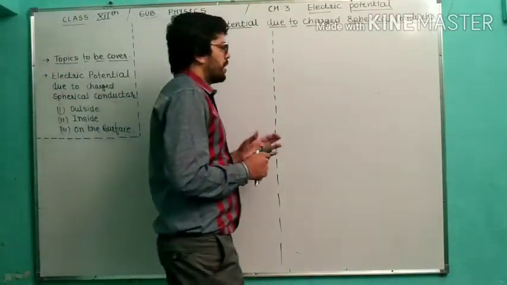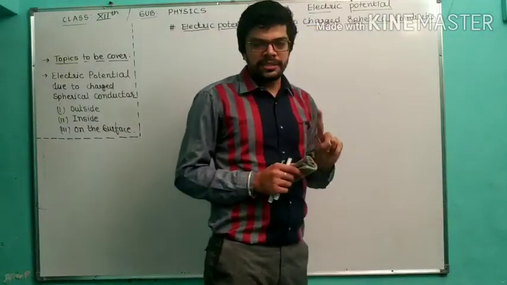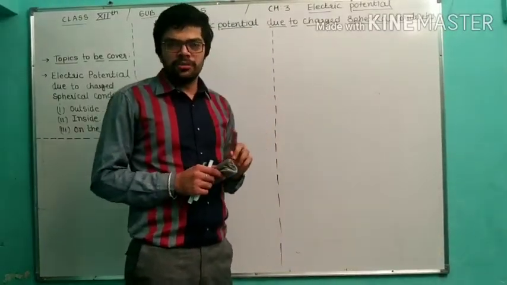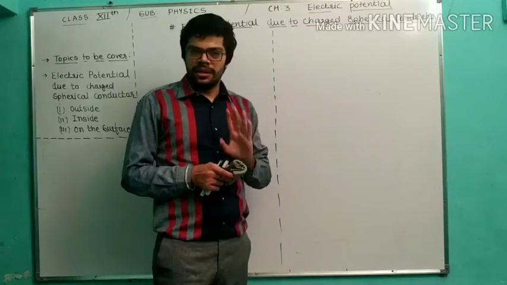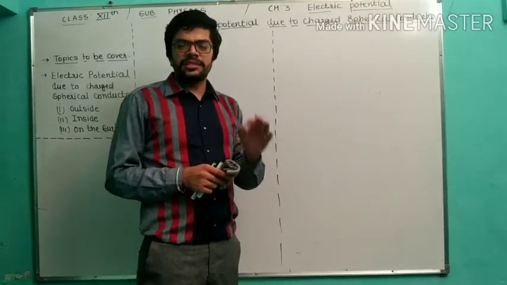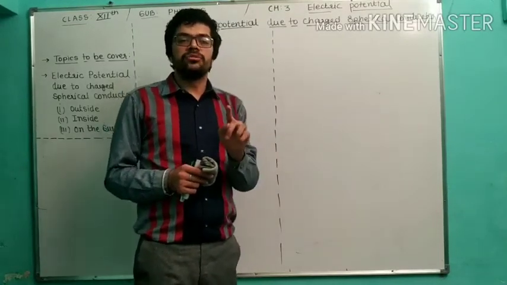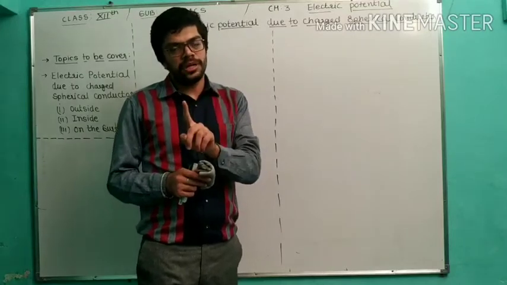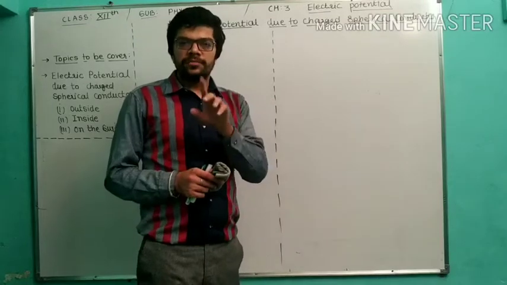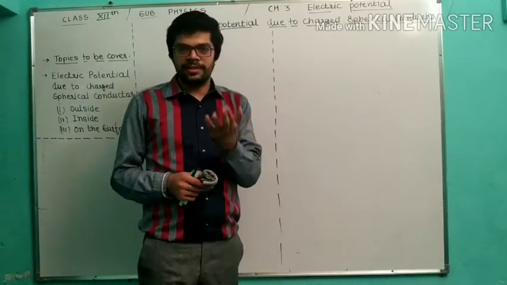What is important is that a spherical conductor means it is a conducting body. In chapter number 2, we already discussed this for a plane sheet and for a spherical surface. When any body is conducting, charge will be produced either inside or outside, not in both directions. If the body is non-conducting, the charge will be inside as well as outside.